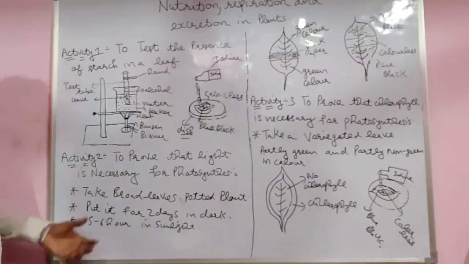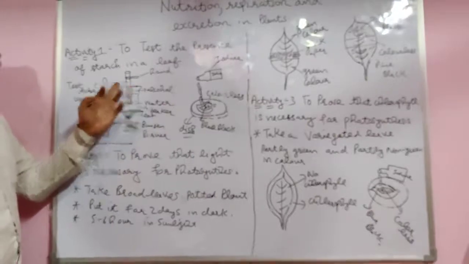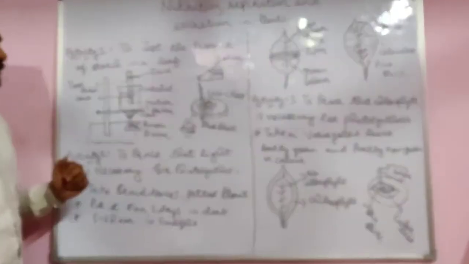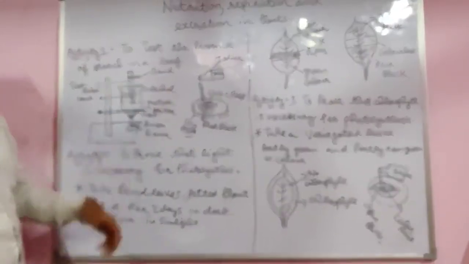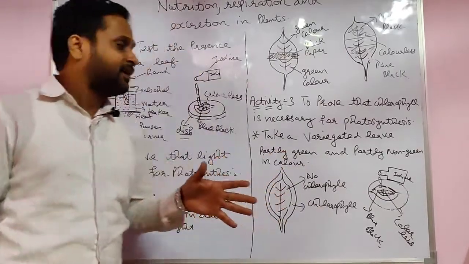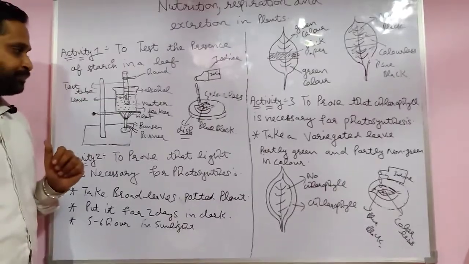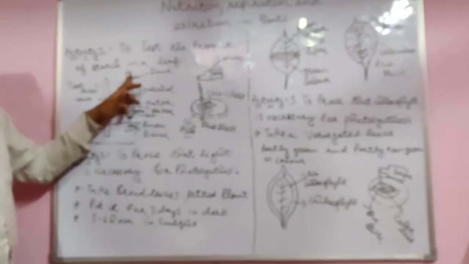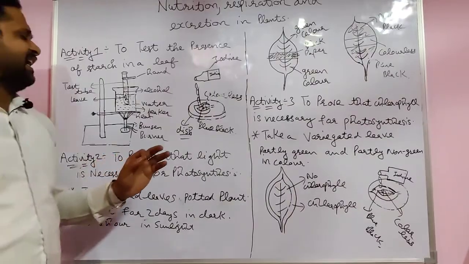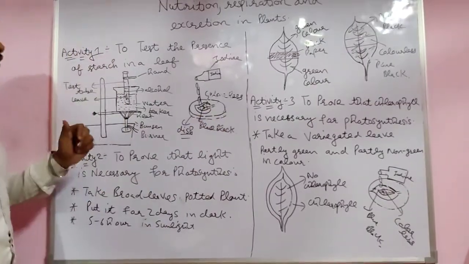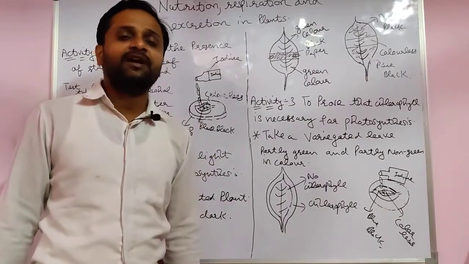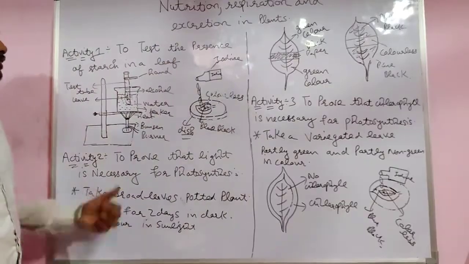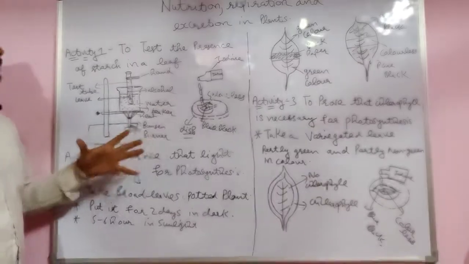First, this is the apparatus. Take one test tube, then one stand, a beaker, and a Bunsen burner of LPG, with water. In the test tube you take one leaf and alcohol. Pluck the leaf and put it in the test tube. This is the dish. In the first procedure, first of all boil the alcohol, not directly, because it catches fire easily, students. So you boil it in an indirect way.